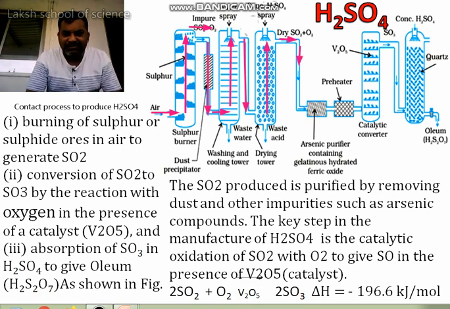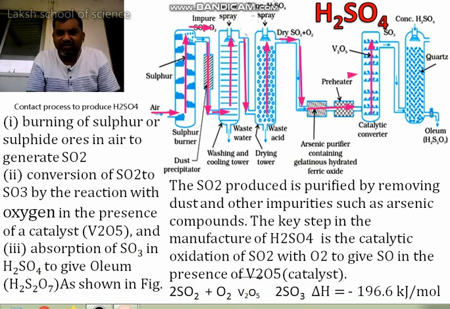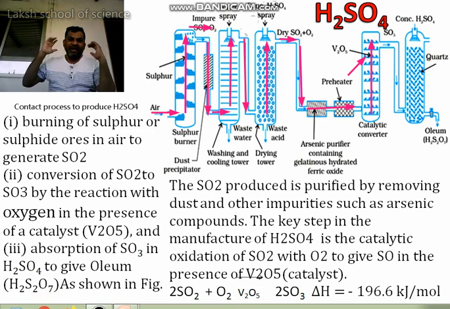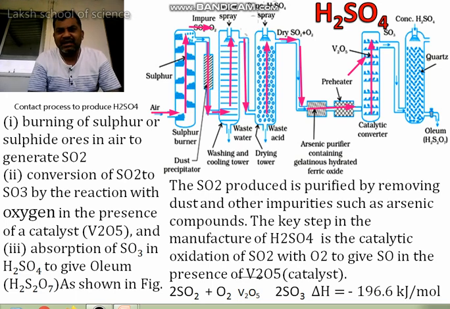When the sulfur dioxide comes here, it is sprayed, so it will have some impurity of water, and we are going to take out the water by spraying sulfuric acid, which is very hygroscopic. You know that it loves to absorb water, and it will absorb it out. Finally dry and pure sulfur dioxide will go on. Here the arsenic purifier containing gelatinous ferric hydroxide is taken and the preheater heats it. After all this is done, finally we will have the sulfur dioxide.